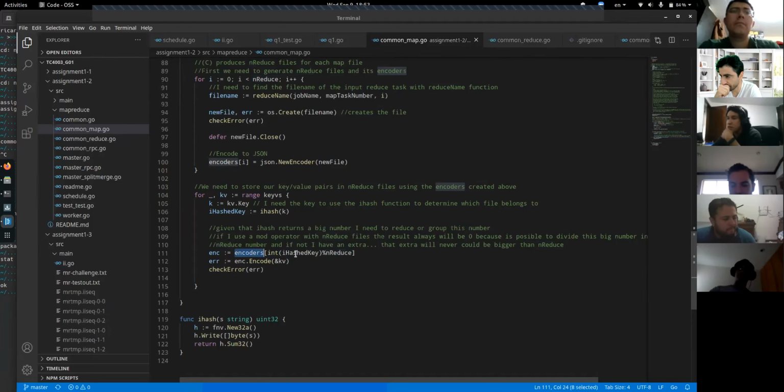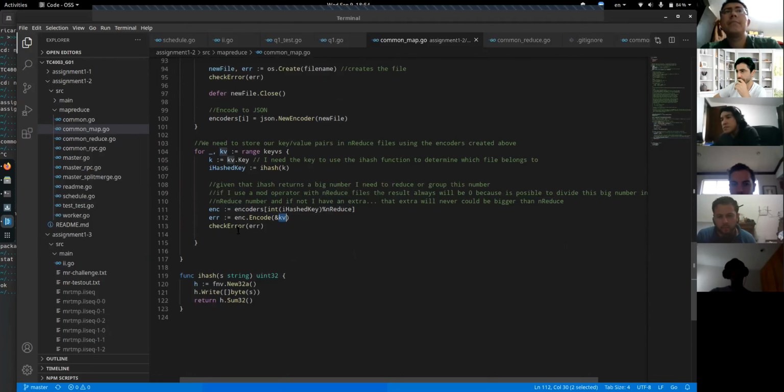That's why once we have this hash value, depending on the value, it will be limited to this reduced size of the array. We have the encoder, and we encode this result from the map function